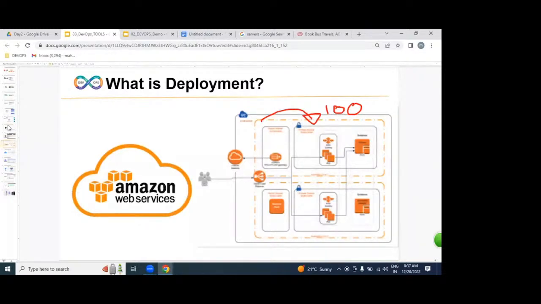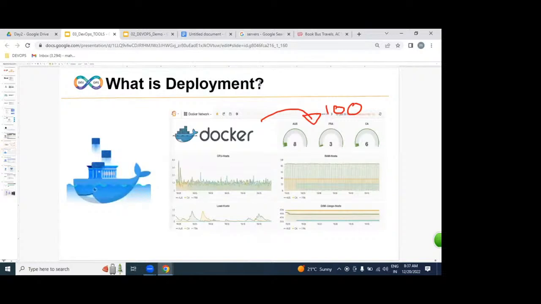Not only deploying on hundreds of servers, not only placing our website, not only deploying our application on AWS, we can also place our application in a Docker container. What is a Docker container? It is also something like storage. In a very simple form, a container which contains software, easily deploying a website.